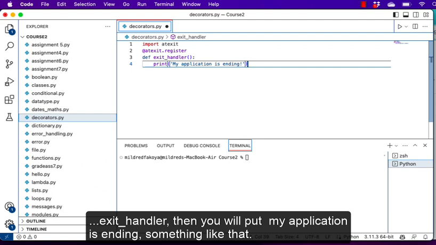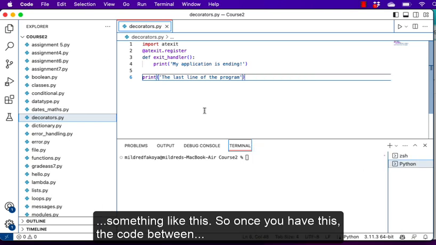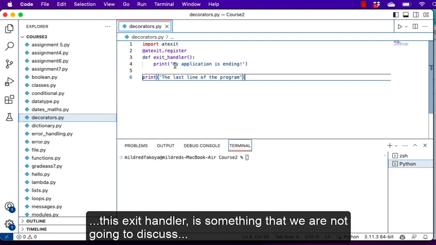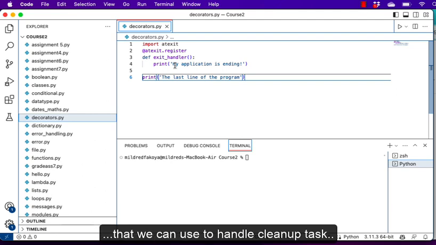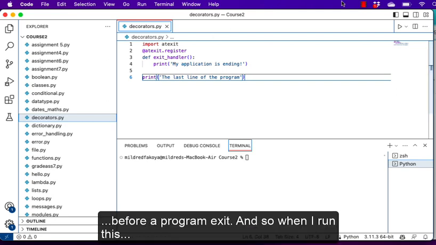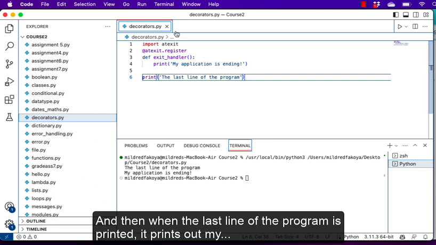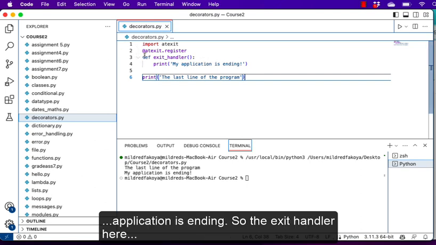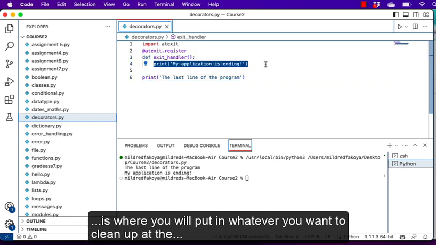So you put "my application is ending" or something like that, and then you can print out something, like "this is the last line of the program." The code between this exit handler is something that we're not going to discuss, but we're just giving you an example of the decorator that we can use to handle cleanup tasks before a program exits. And so when I run this, we have the last line of the program printed out, and then it prints out "my application is ending." So the exit handler here is where you put in whatever you want to clean up at the time that